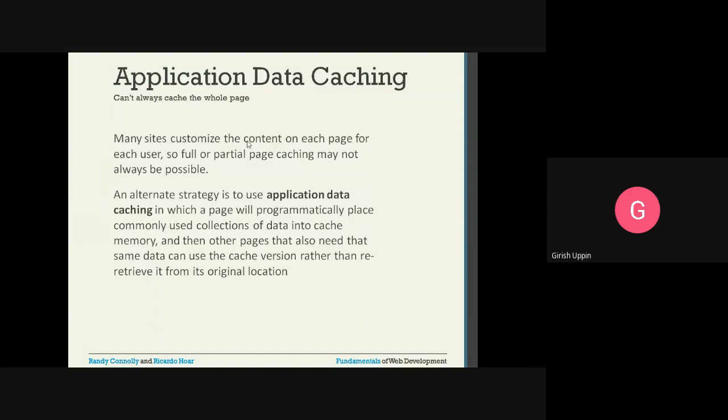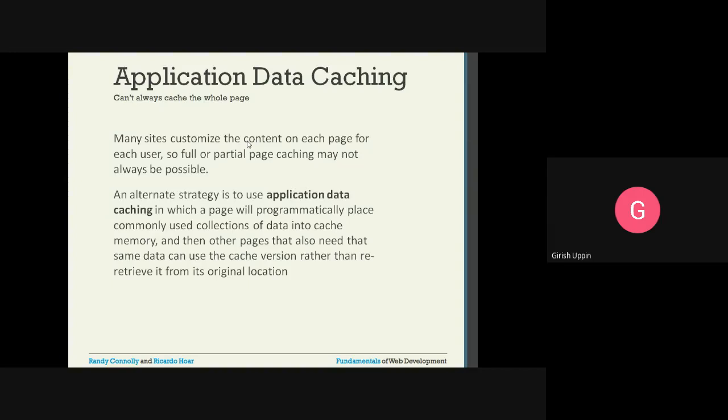Many sites customize the content on each page for each user, so full or partial page caching may not always be possible. In the earlier page caching scenario, we had static pages. Here our pages are very dynamic, so getting a similar request is very difficult unless your application is 90% or 50% static.